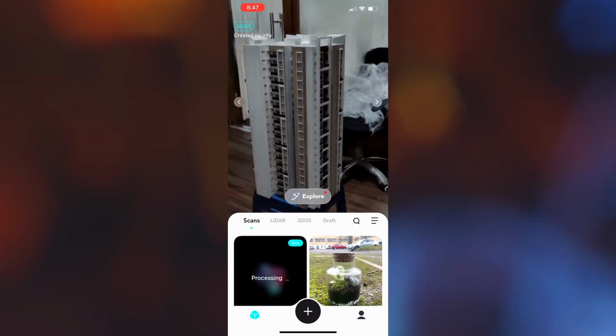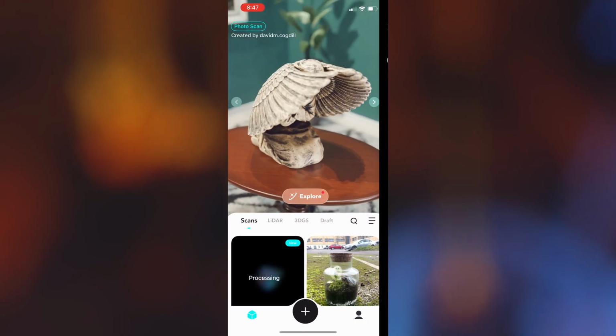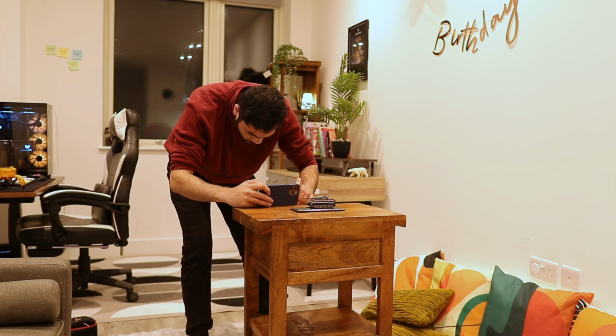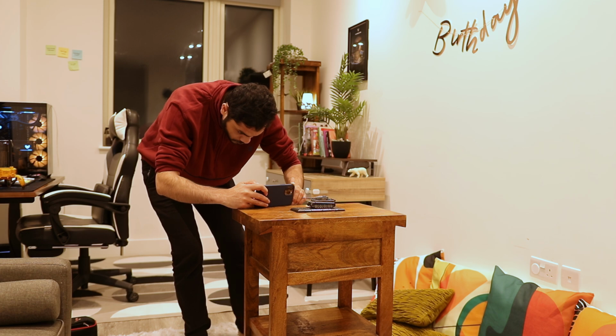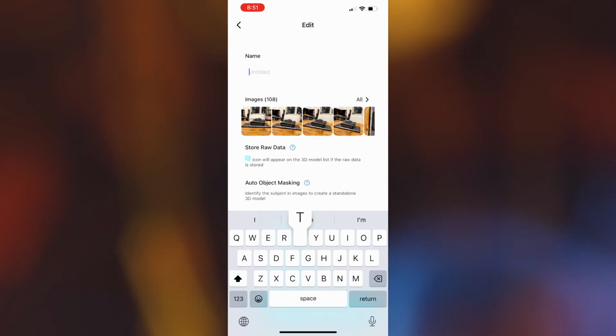In the mobile interface, we will scan with all the available methods. The first is the classical photo scanning. Using the in-app feature of KIRI Engine, we can directly take photos and upload them. We go around in an onion peel fashion along the main facets of the model, give a name to the model,